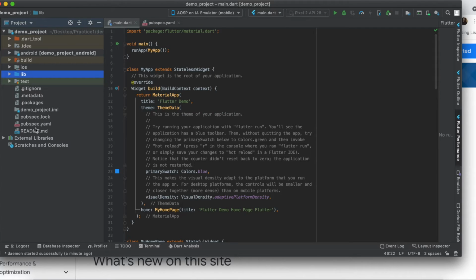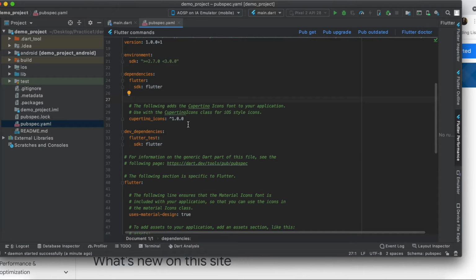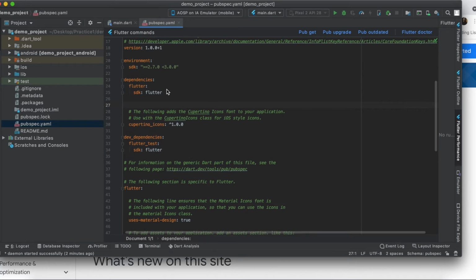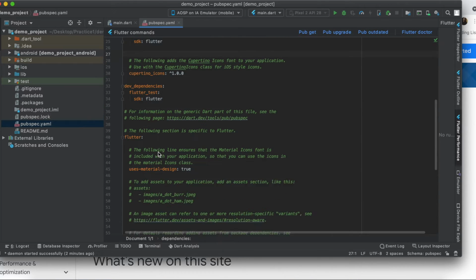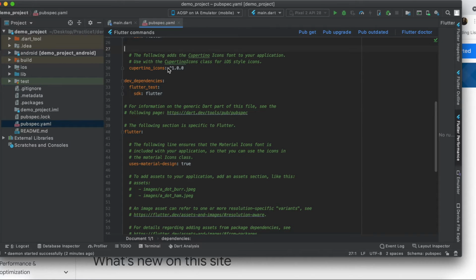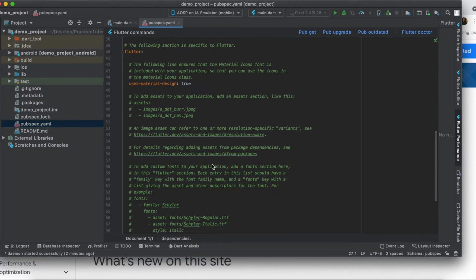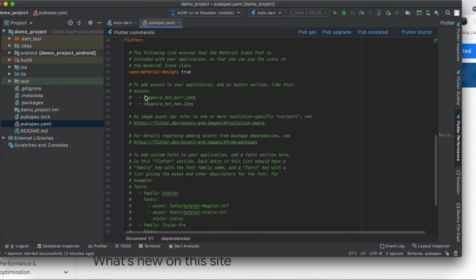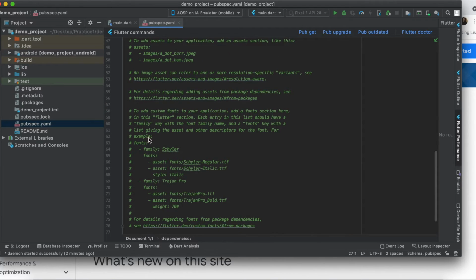Apart from this, what is useful is this pubspec.yaml. This is your basic configuration file. You can give all the dependencies, and this is Cupertino icons. This is basically for designing your iOS style icons, and obviously for Android we use Material. Then we have certain things to add like assets. We'll be adding images over here, and I'll explain how to add images also. And then we have fonts.